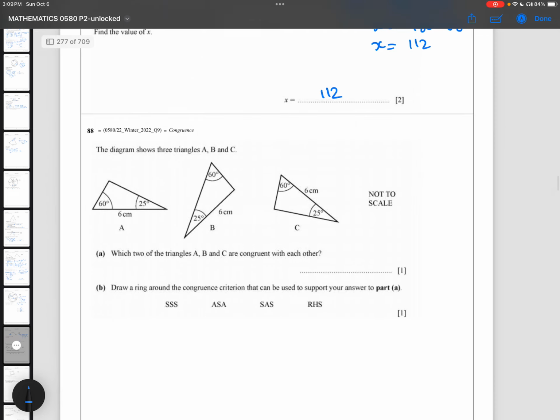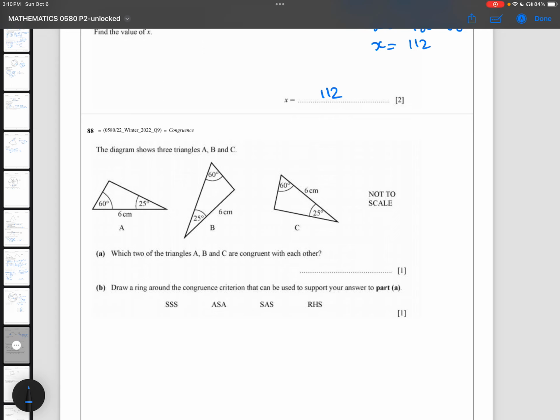In question number 88, the diagram shows three triangles A, B, and C. In part A, we have to find which two of the triangles A, B, and C are congruent with each other. In triangle A, we have been given two angles, 60 and 25, and one side that is 6 centimeters. In triangle B, we have also been given two angles and one side, and the same in triangle C. But we can see that in triangle A, the side beneath 60 degrees and 25 is 6,